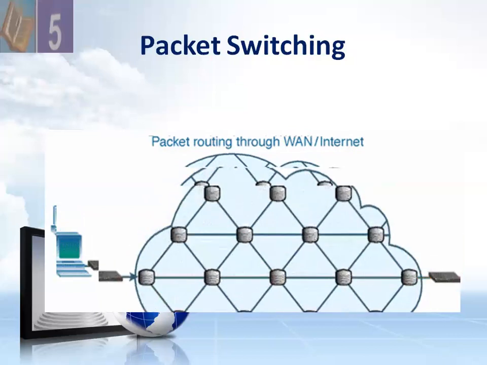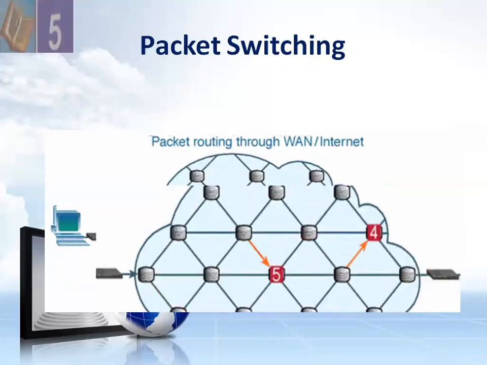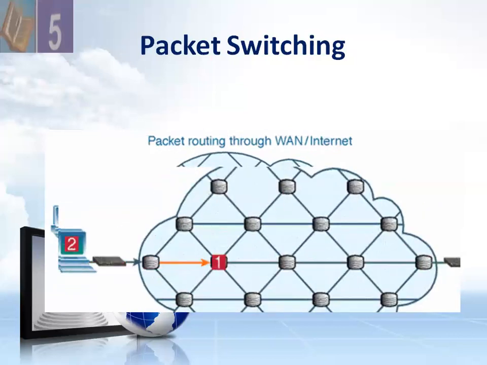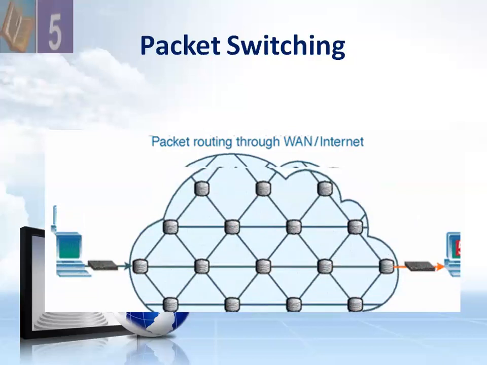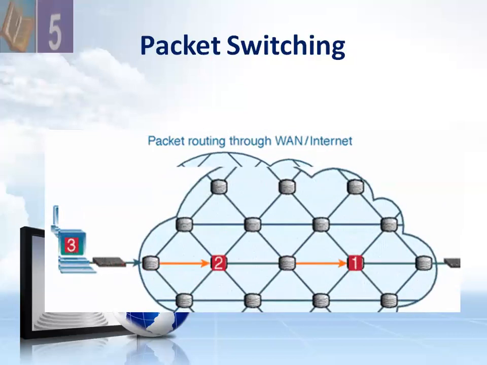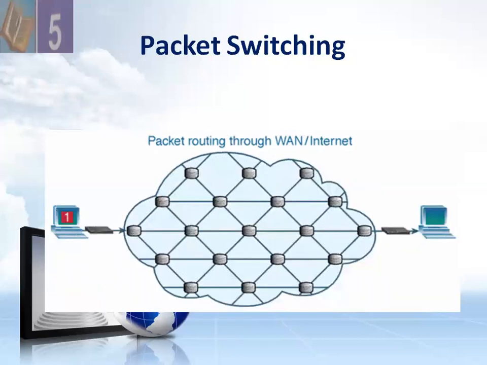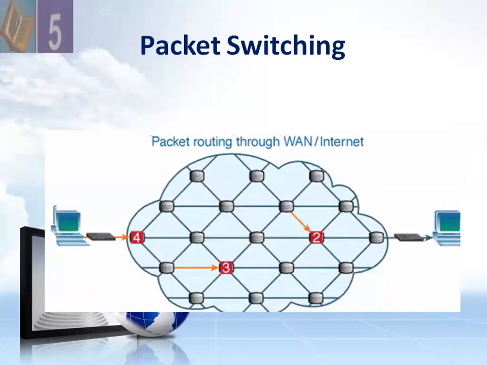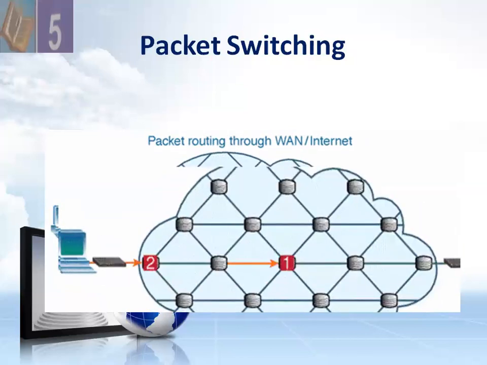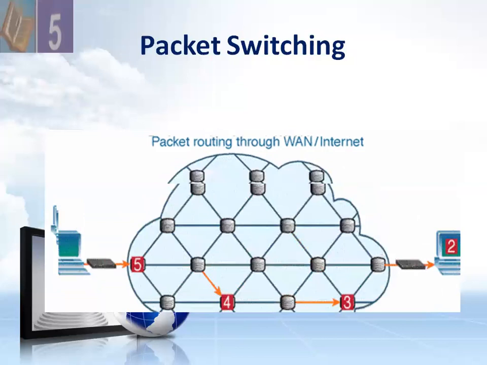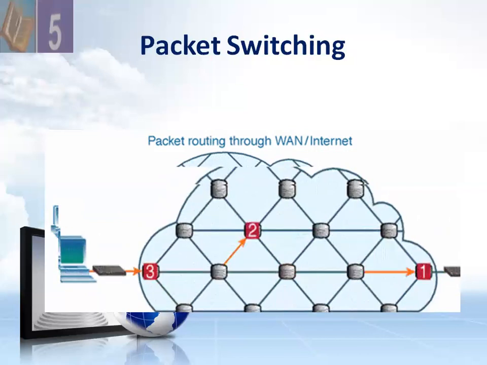inspects the destination address it contains. Each PSE contains a routing directory specifying the outgoing link or transmission path to be used for each network address. The PSE forwards the packet on the appropriate link. When received, the packets are reassembled in the proper sequence to make up the message. So this is a packet switching network. There is no physical connection. In a circuit switching network, a physical connection must be established, but in packet switching there is no physical connection. Your data is broken down into small packets and they can choose different routes and then all the packets are reassembled on the receiving computer.